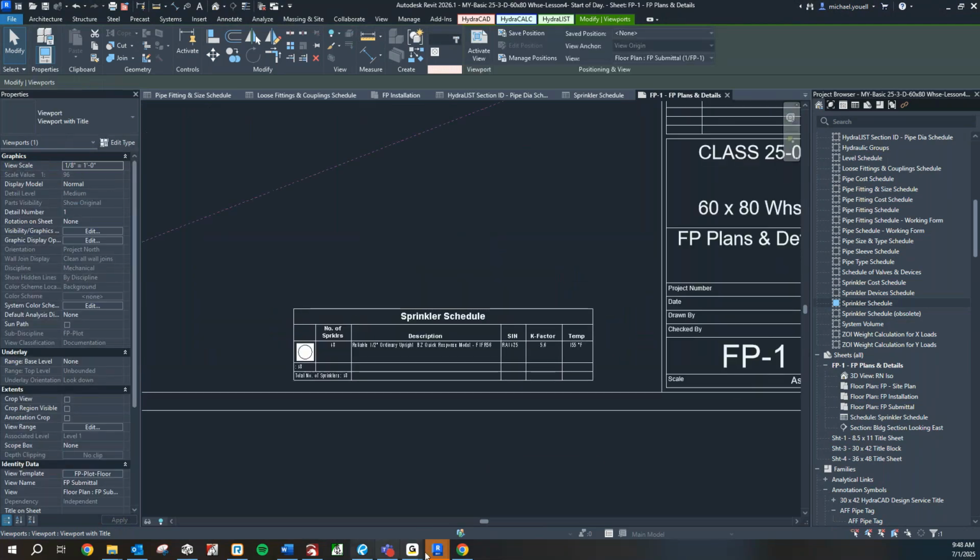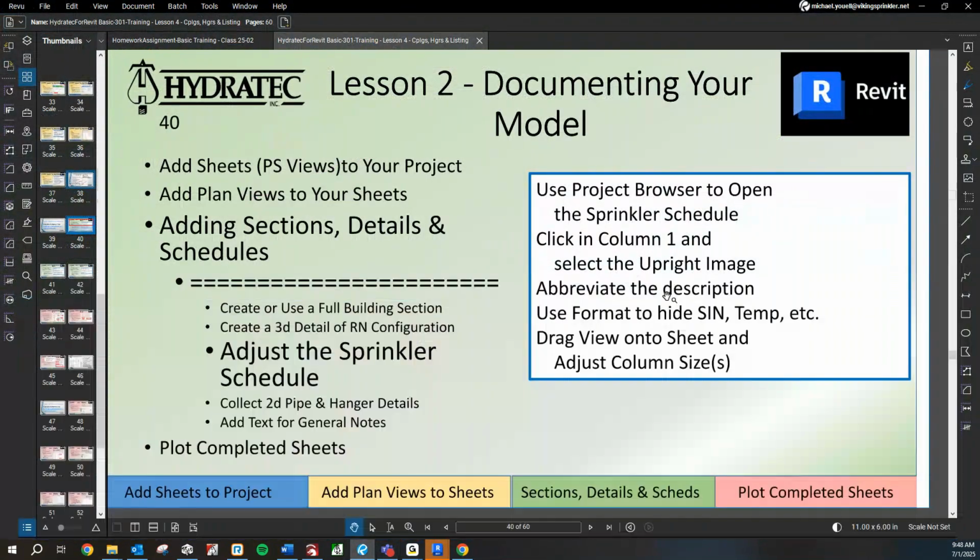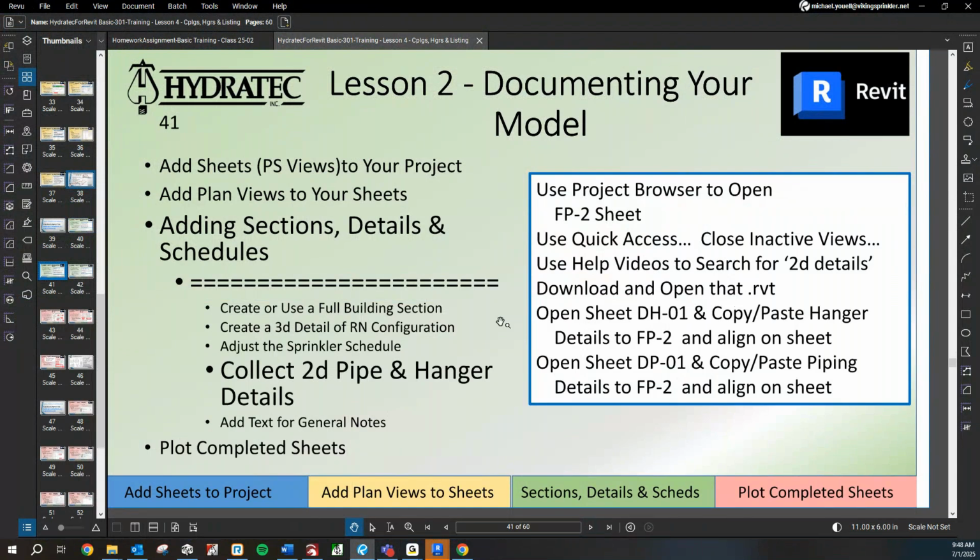Slide 41 talks about getting some 2D details. And there is in the help video, if we search for 2D details, there's a place to download a Revit file. And that Revit file has a sheet of piping details and a sheet of hanger details. And we can just copy and paste things out of there. It also has some instructions as to how you could add or subtract more details to that sheet if you wanted to. So back in Revit,